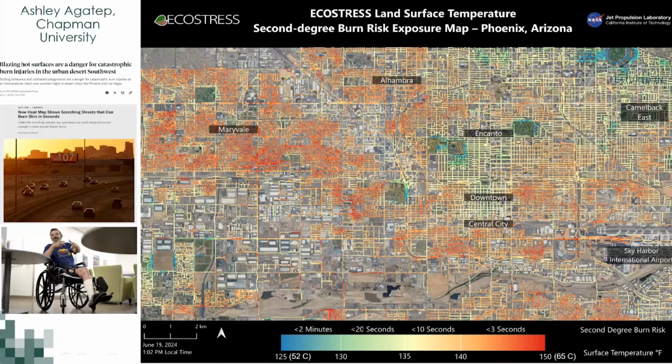And then we correlated that with the time it would take to get a second-degree burn if someone came into contact with that surface. As an example here, you can see over most of the Phoenix area, specifically in the poorer regions in Maryvale, the surfaces exceeded 150 degrees Fahrenheit. That's almost hot enough to cook an egg on the sidewalk, by the way. It would take less than 3 seconds to get a second-degree burn risk if you fell on the sidewalk or